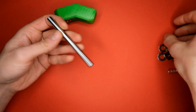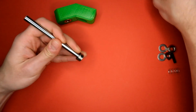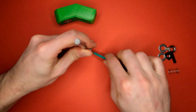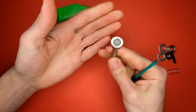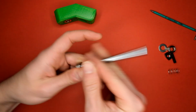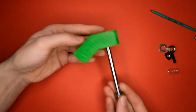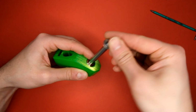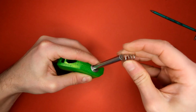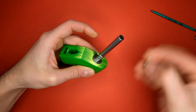Next you want to take your M8 bar and one of your locking collars, and lock it in place at the end of the rod. You'll then place your washer on and pass this in this direction through the bushing. The other washer goes on top. Then the compression spring, and finally